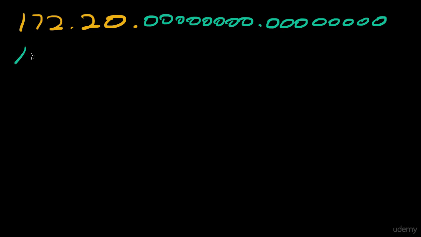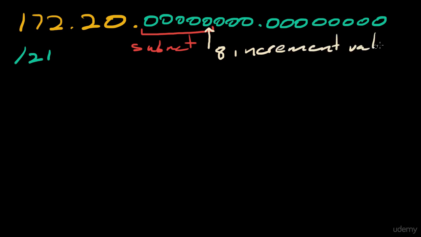We're using a prefix here of /21. So /21 covers the first 2 octets. That's 16, 17, 18, 19, 20, 21. So that's these 5 bits here are our subnet bits. The increment value is this bit. The value of this bit is 8. That is our increment value. The subnets therefore are